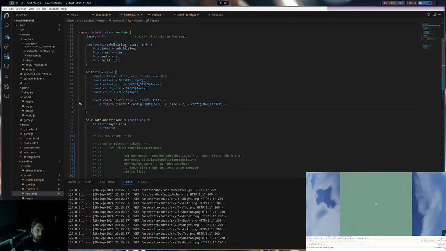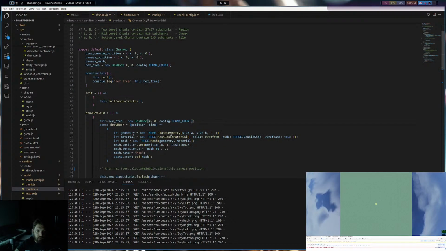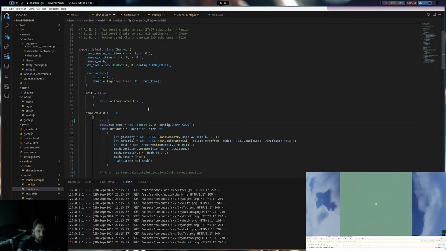It's actually 0 subdivisions, and then start and end. Okay, start would be 0, 2. So we start with 0 subdivisions. To do, remove this and replace with caching.